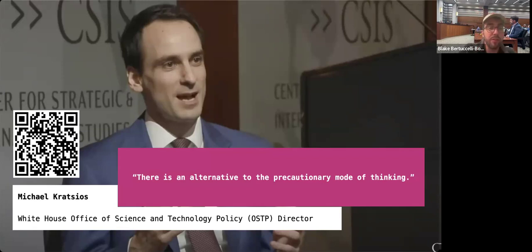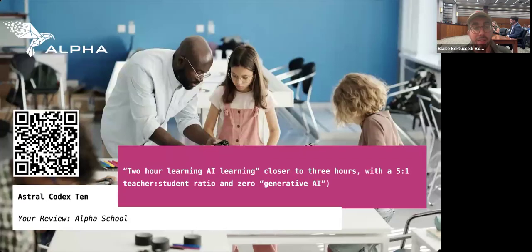Michael Kratsios, who's on this slide, he's the White House official who's kind of in charge with pushing a lot of this. And again, if you watch the linked video, he's really talking about how do we have ambitious investment? How do we move forward? How do we get ahead? This is a really important time to do that because we only have a finite window where we can really be the ones who invent the future. Otherwise, other countries or organizations will do that and we will be playing catch up. Right now, we can really be the ones inventing the future. So we really want to jump on board with that idea.